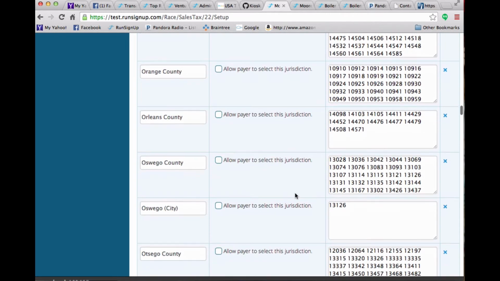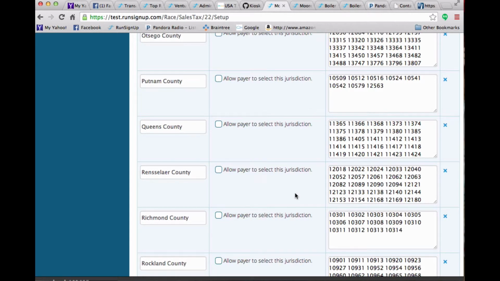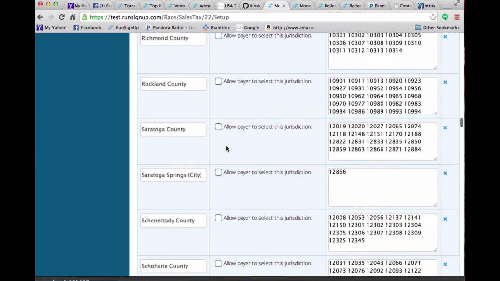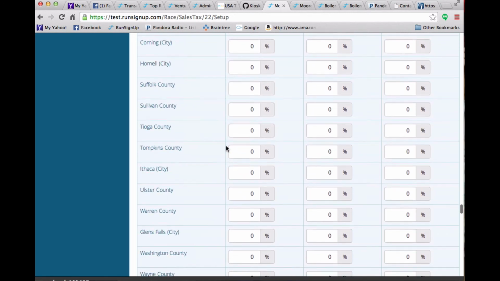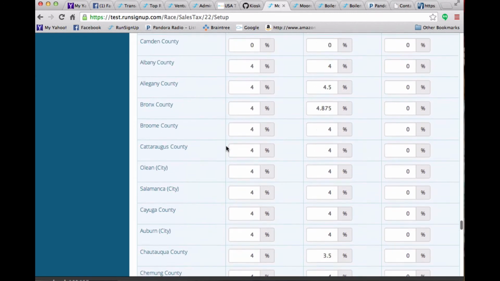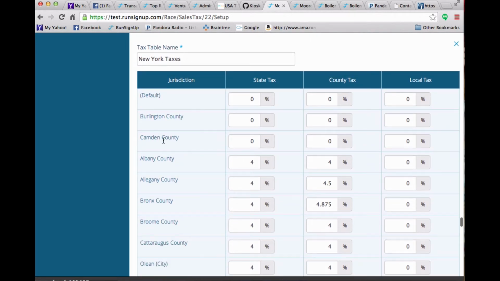So if you're selling items for a race in New York State, what you're supposed to do is figure out where the person is buying from, and if they're coming from the zip code of 11417, then they owe taxes, or your race actually owes taxes to the Queens County in that example. Likewise, what we've done here is we automatically fill in the New York taxes tax table, and notice how there's no taxes on the jurisdictions that